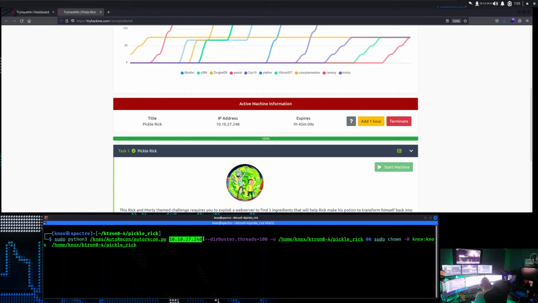The host that we're attacking is 10.10.27.248. I've already updated that. We use this dirbuster.threads attribute, I guess you'd call it, and I've got it set to 100. I don't know if my machine can actually do that, but it's going to do as many as it can try. The output, that the O flag here, is I'm going to home, Knox, Kaytron 4, Pickle Rick,